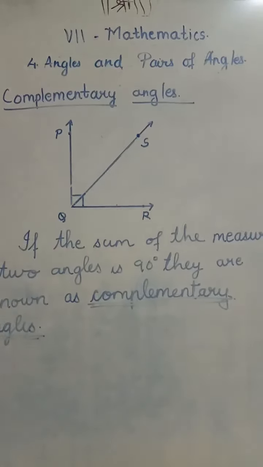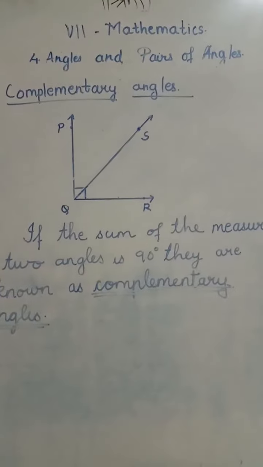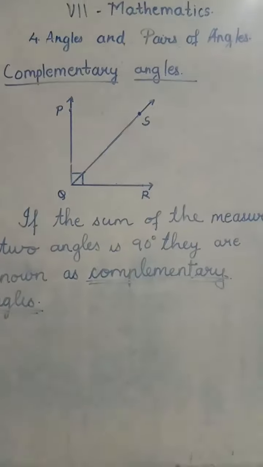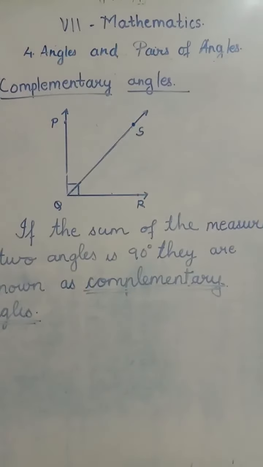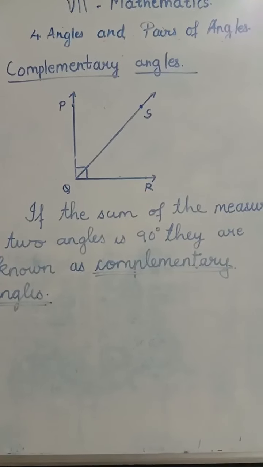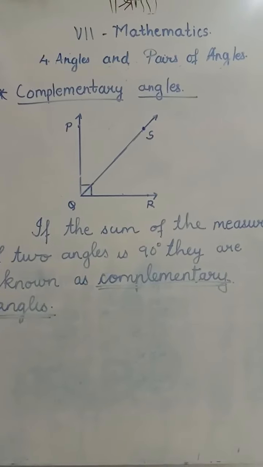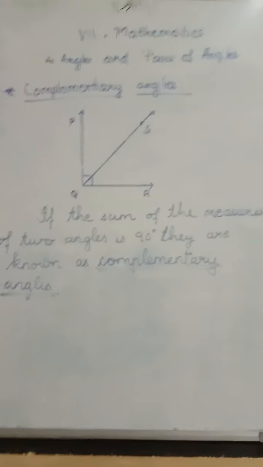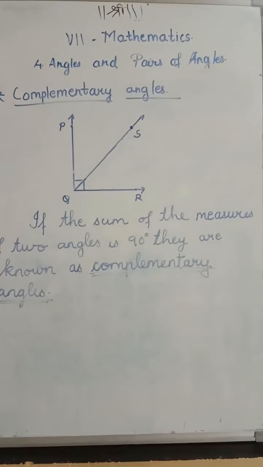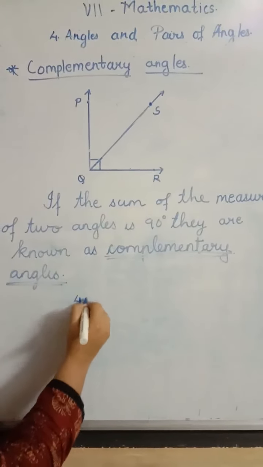Now in the textbook page number 26, there is one example which we have to solve: observe the angles in the figure and enter the proper numbers in the box. They have given two angles, the first is angle ABC and the second is angle PQR. What is the measure of angle ABC? Yes, 40 degree. Write it in the box. What is the measure of angle PQR? 50 degree. Yes, write it with the pencil.